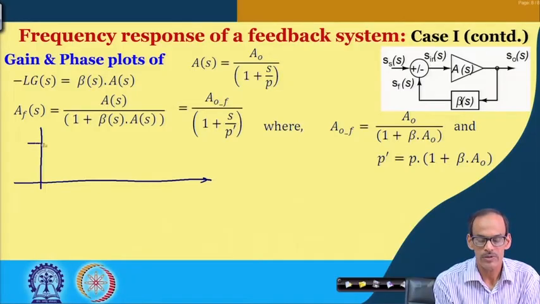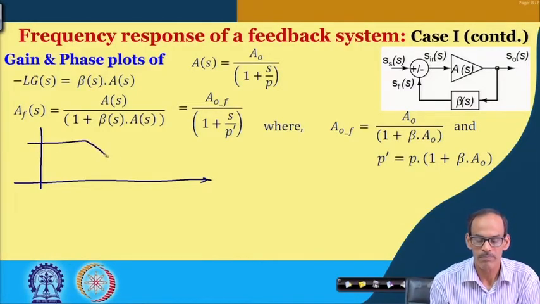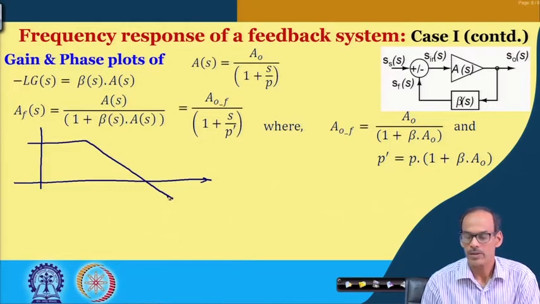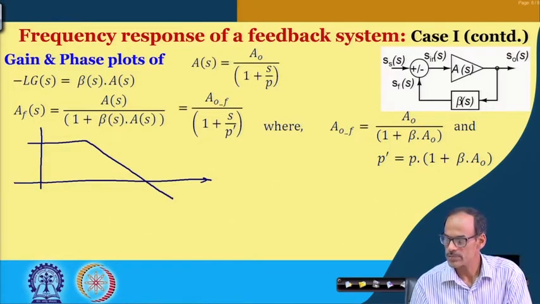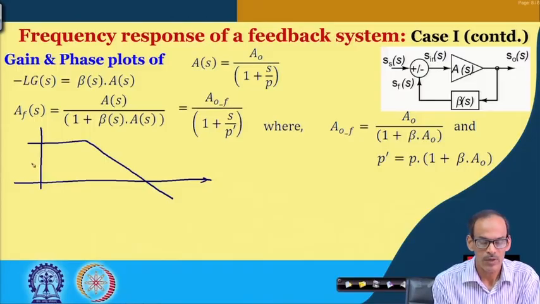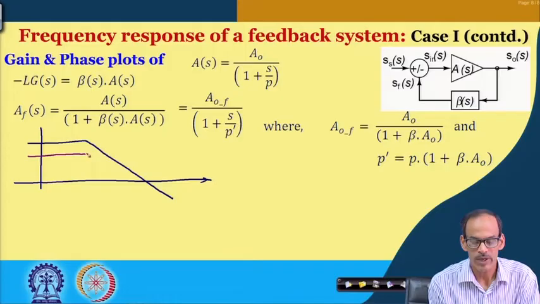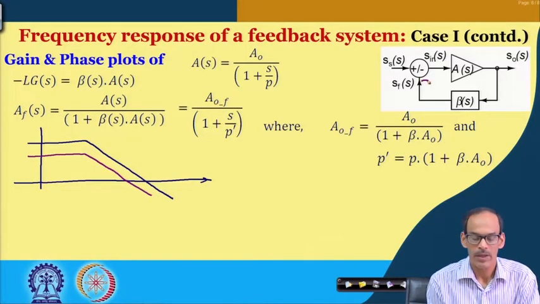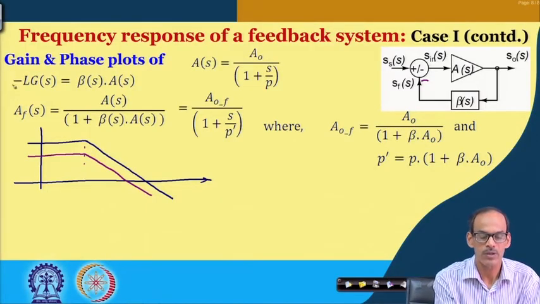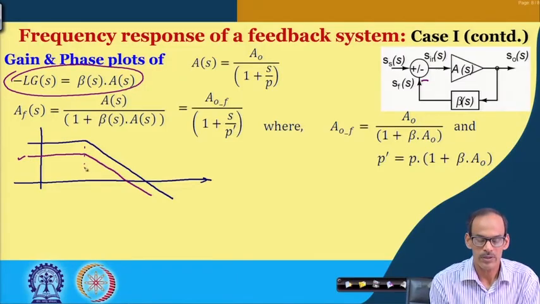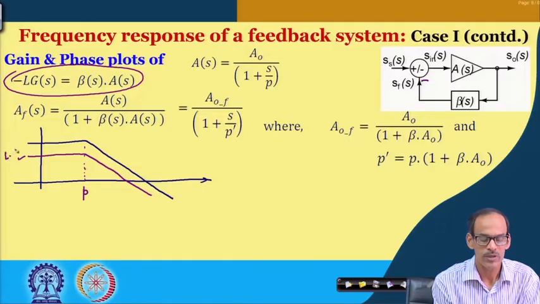So, A was like this, and then the loop gain was beta into A with a minus sign, and so this is the loop gain part, and then this is the location of the pole. So, this is the loop gain, this corresponds to A,